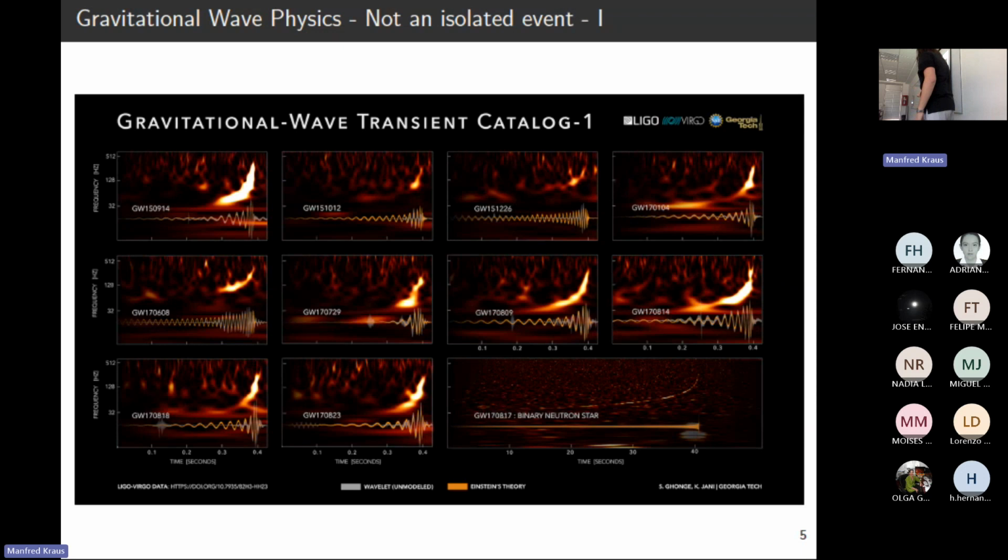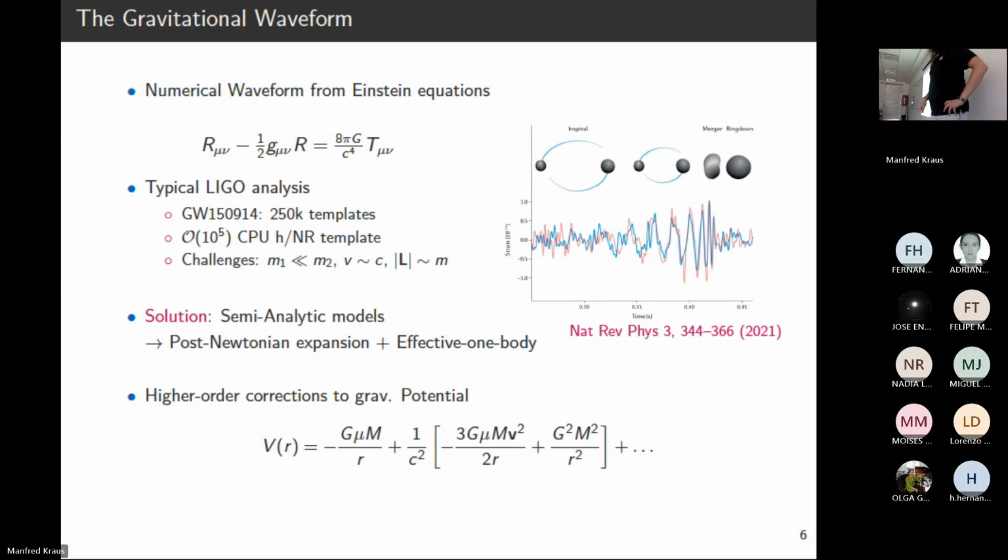So all of these three stages are shared for all of these events, and they might look different. For example, with neutron stars, they can go periodically for a long time before they merge. But all of the ingredients are there, and this is what we are especially interested in. So the gravitational waveform, in a typical analysis, you can extract directly from numerically